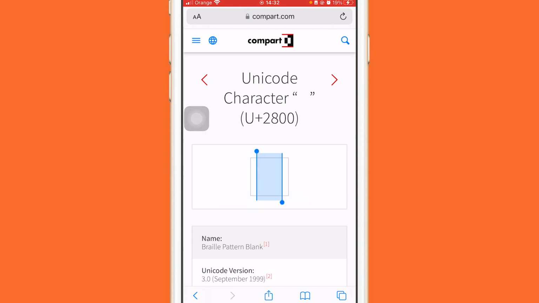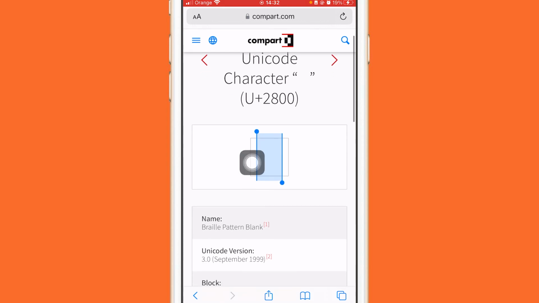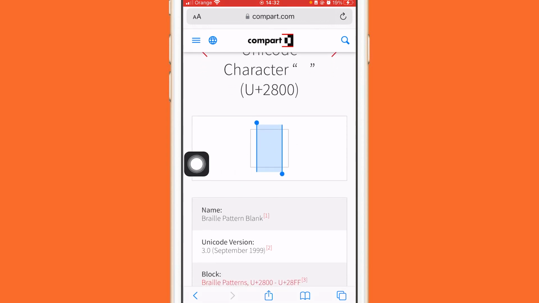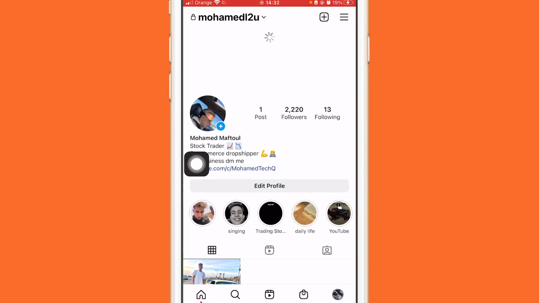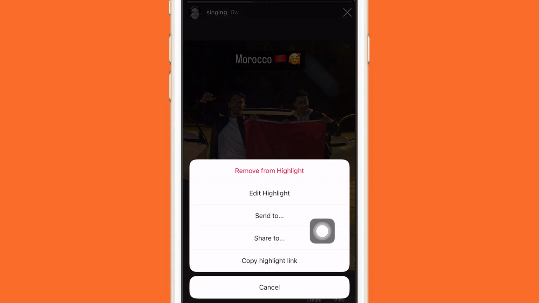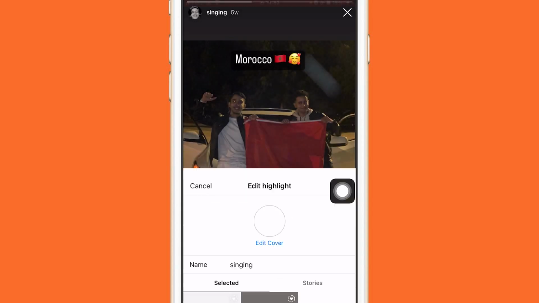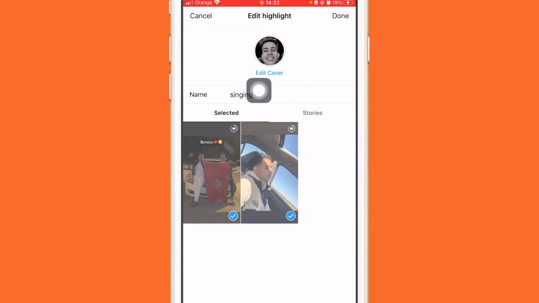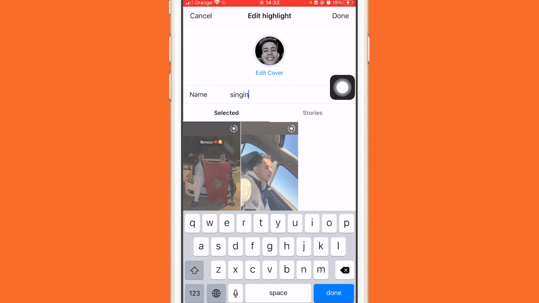Okay, now after you copy this square, as you can see here, after you copy it, you want to just go back to your Instagram highlights, and you want to select the highlight that you want to remove the name. For example, I'm going to use this highlight. Now what you want to do, guys, you want to click 3 little lines at the very bottom right, and then you want to click edit highlight, and here where it says singing, you want to just remove the name